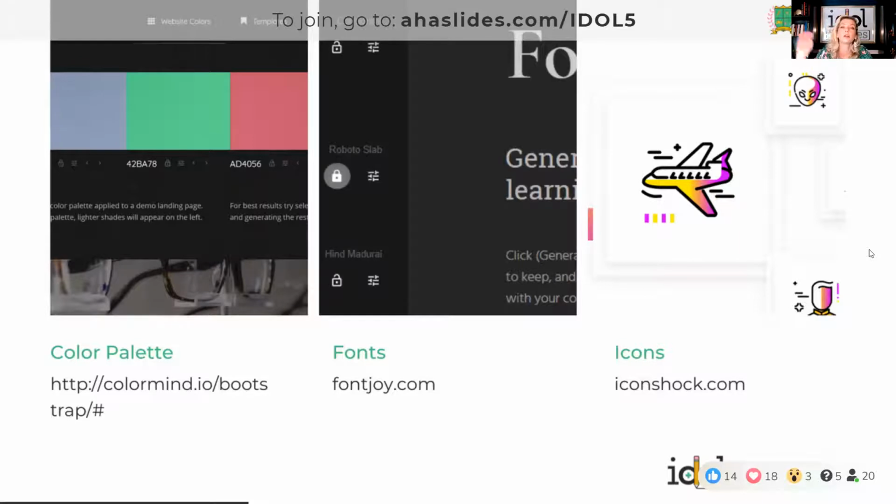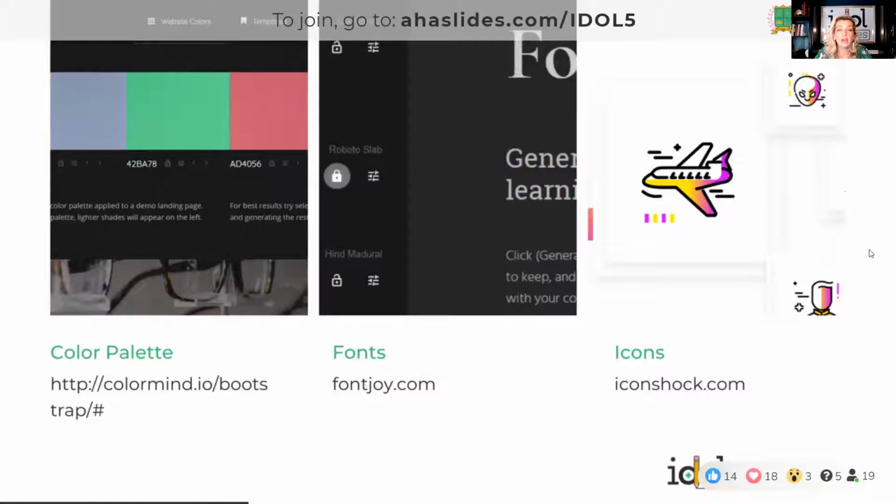There's a ton of other ways to do color palettes. I just always point to this one because it actually shows you where your different colors should go on your website so that you can keep it looking cohesive and fresh. The other thing that I want to point out to you is fontjoy.com. This will help you pick those 3 fonts that go together. So you can pick maybe your favorite font as one, lock it down, generate the other 2, and now you've got your fonts that you're going to work with for your website.